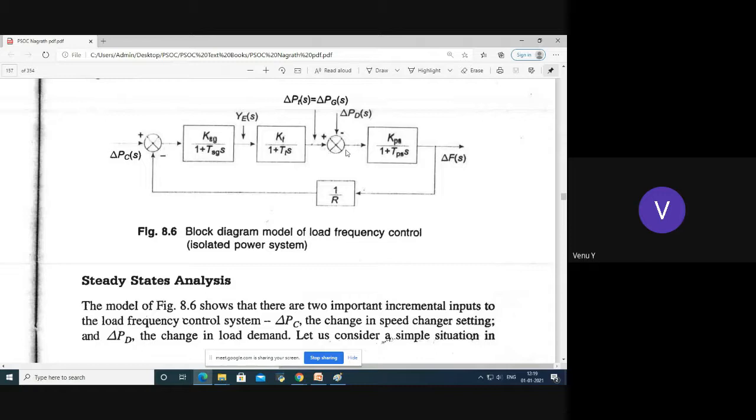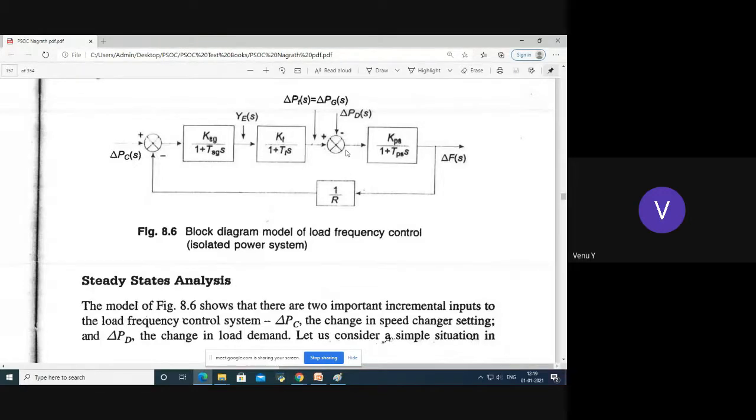If you want to analyze the performance of the system, you need to get the transfer function model of the physical system. So that you understood in your control system course. The same thing is valid here also. This is the extension and application of that control system. Therefore,